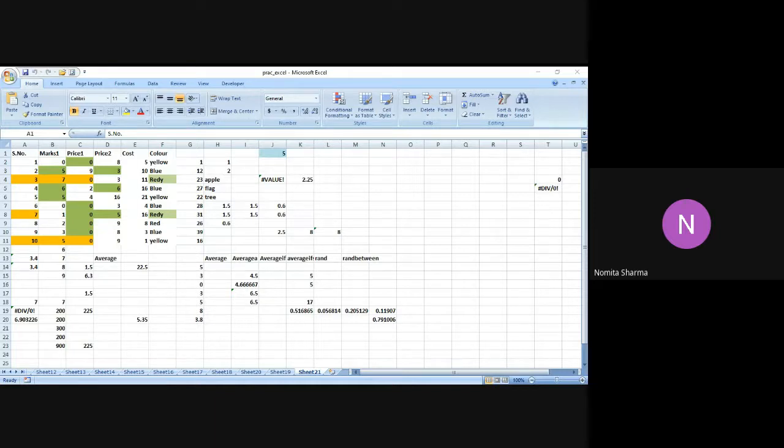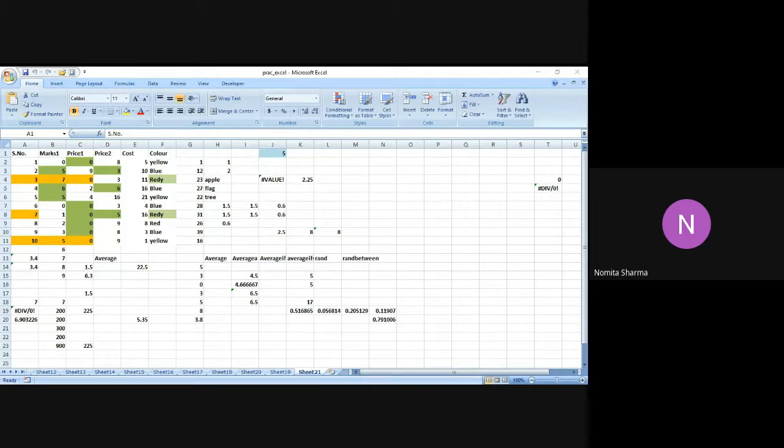Well, in today's class, my plan is to focus on some functions like we have been doing in the previous classes. So today, the functions that I'm going to cover are about rounding numbers to the digits specified by the user. So we are going to talk about the round function, round up function, round down function, and also another function by the name SUMSQ, which we are going to see at the end of the class. So let's get going with the round function.